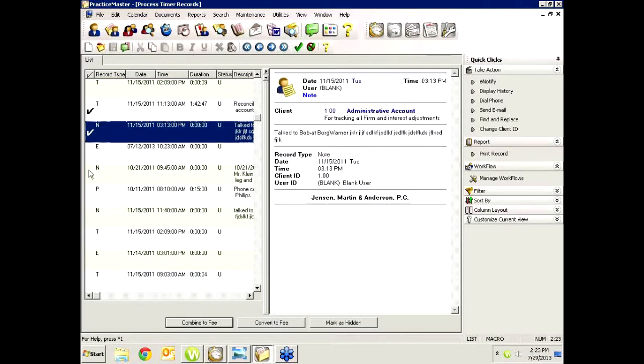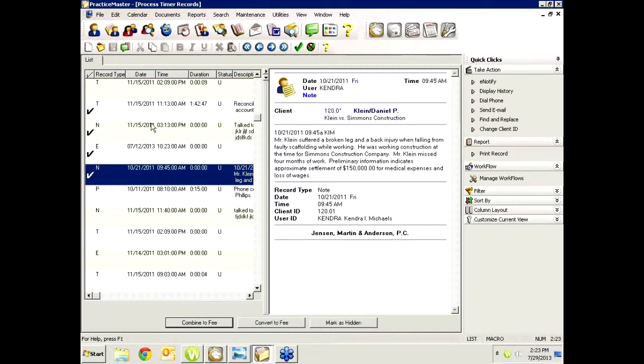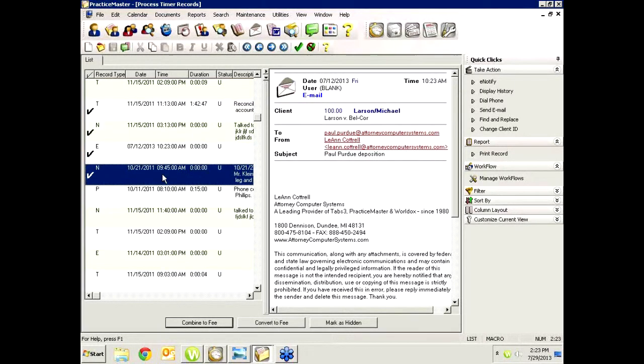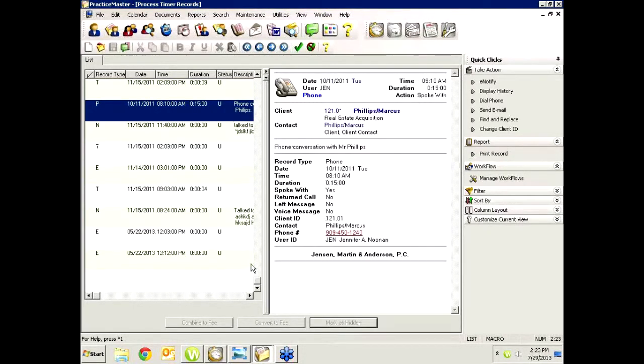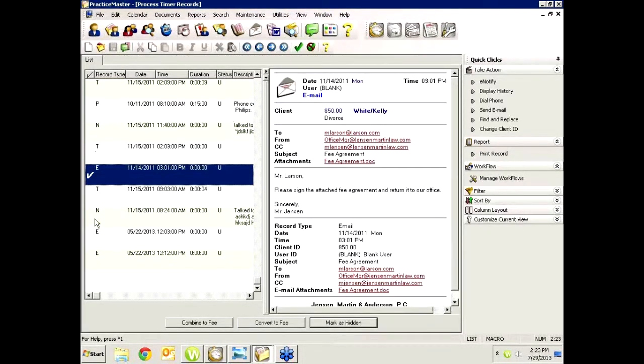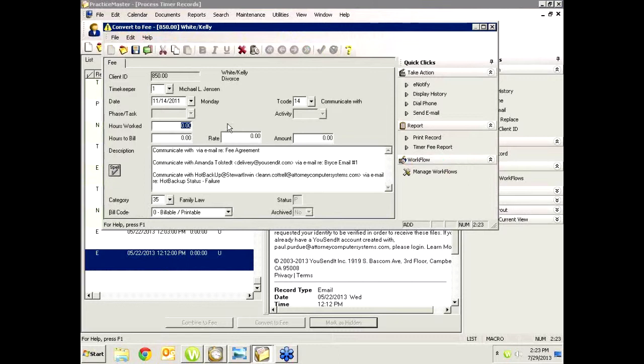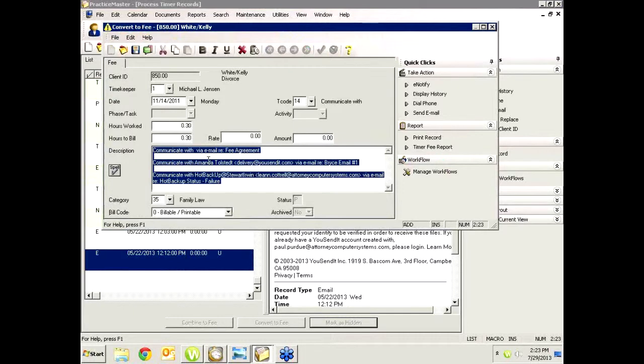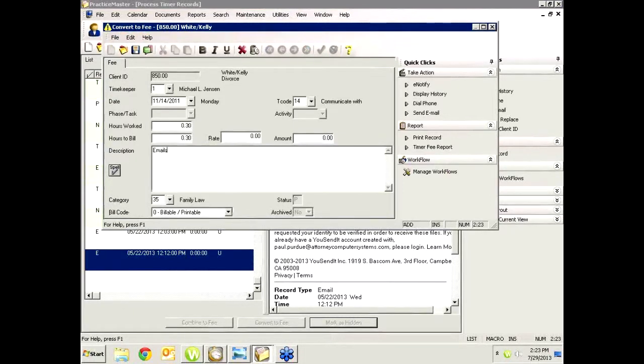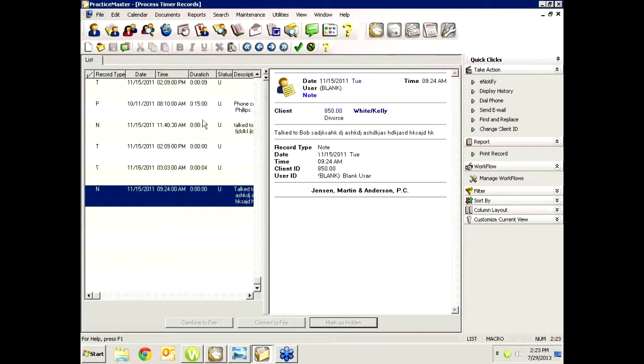I can also take certain things, like these 4 things, and say, you know, all 4 of these represent things that I'm not going to bill for, so I can mark them as hidden. And as I get done with this, I'm going to take the other 3 emails and combine them to a fee. And again, I'm going to put in point 3, and I'm going to say emails. And you'll notice that as this list gets shorter, I am able to close it all the way up to being empty, and I have taken everything I've done since the last time I did this and converted it to